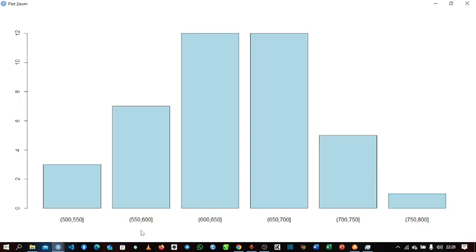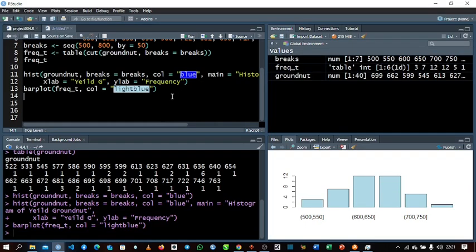You can do all that using the main option, the xlab function, and also the ylab function. Label this as frequency, label this as class mark, and label the main title like the bar chart for the granite yield, something like that. So that is how it works, and that is just a brief solution to the first part of the assignment. Let's quickly move into the second part of the assignment, which is talking about the creation of